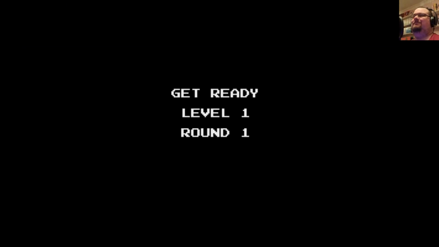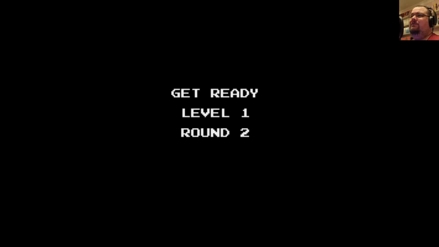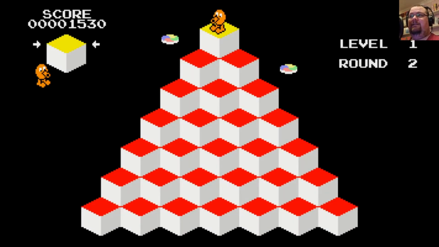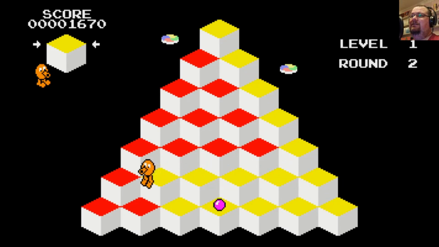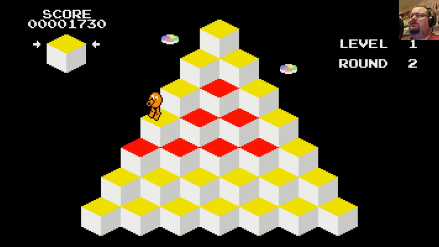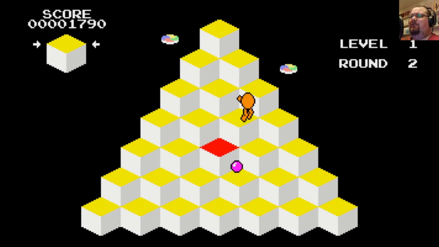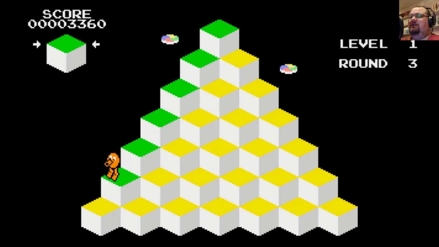Yeah, so it wasn't at all unusual for developers of public domain software to do ports of copyrighted stuff like this. Q Bert was a trademark, but because this was public domain, it probably didn't come to the attention of, I can't remember who made Q Bert originally offhand without checking. But yeah, because this was public domain, it probably didn't come to the attention of the original publishers, and so, well, they don't care. I mean, they're not making any money out of this either.